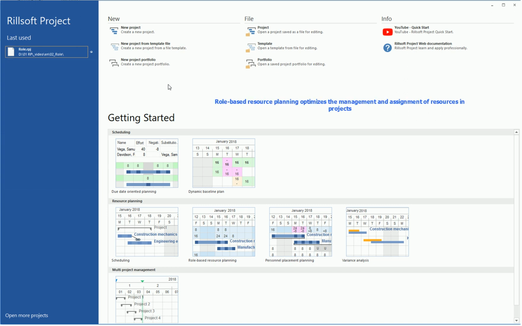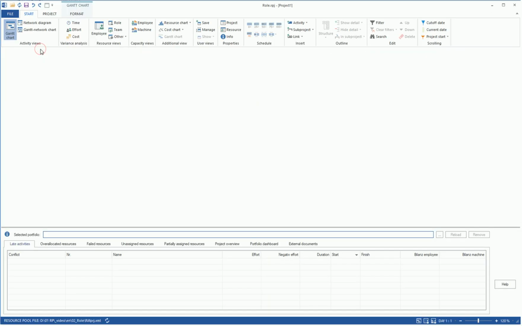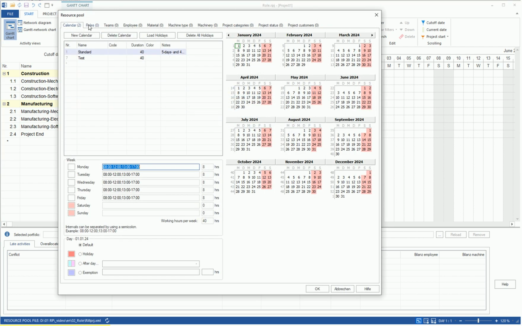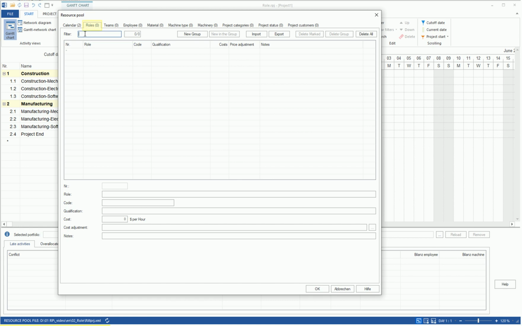Role-based resource planning optimizes the management and assignment of resources in projects. We open an example project and initially, we will consolidate all resources into a central resource pool, accessible via the Resources button. In the resource pool, we switch to the Roles tab to define the professional skills of the personnel